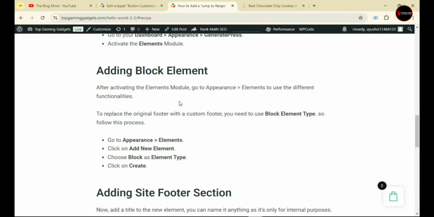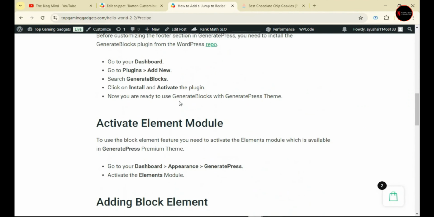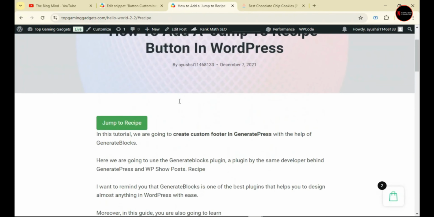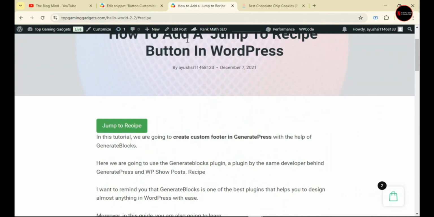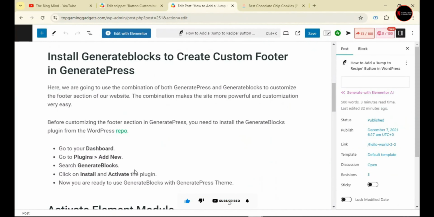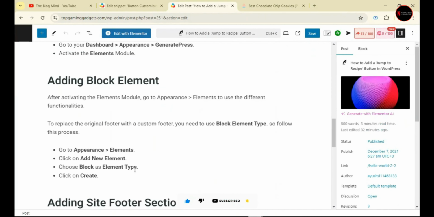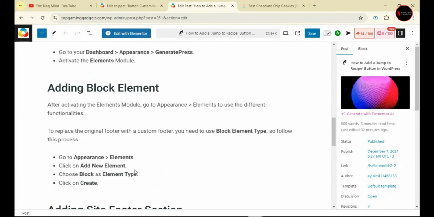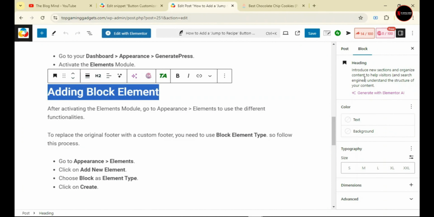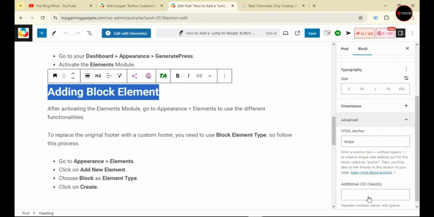As you can see, there is no option for recipe automation here. So, in such cases, we have to manually redirect it wherever needed. To go directly to the recipe section, we'll also need to do some settings. You need to go to the edit post section for your blog post. While editing, to move your content to where your recipe is located, you have to do this setting. Where your recipe is mentioned, select the heading there. After that, go to the block section and then go to the advanced section.